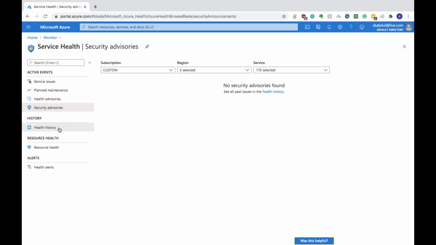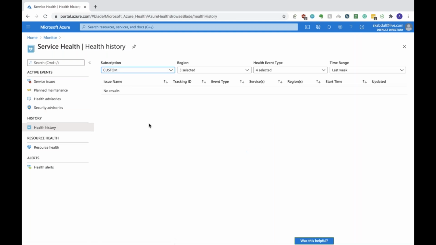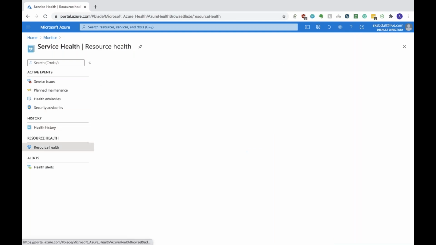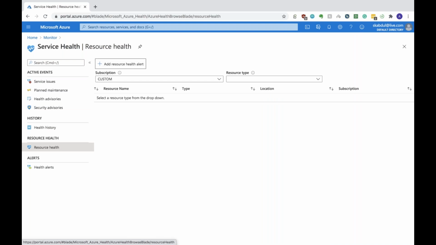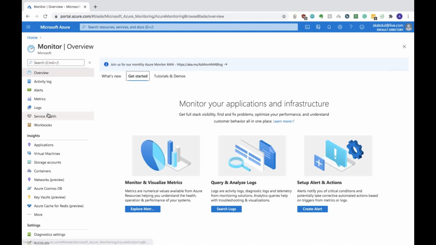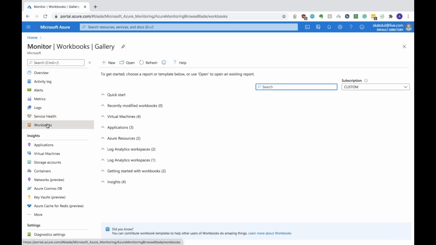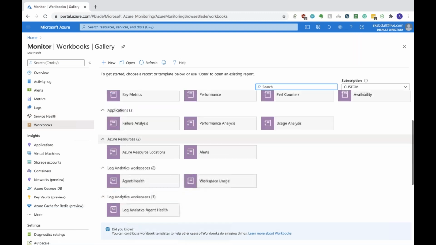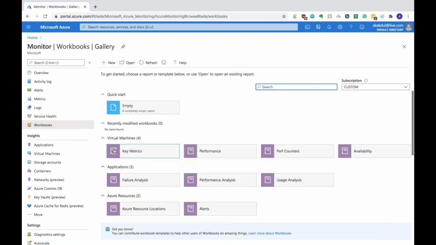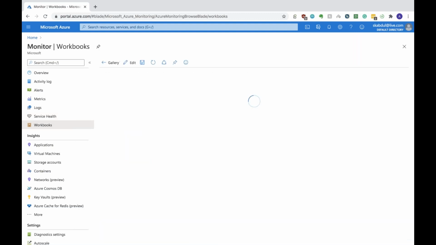Okay, so if you go to history health, there are no results. Okay, good. So I think in the last 3 months there is nothing. Service book, these are called workbooks. Okay, so they have a lot more. So if you want metrics,